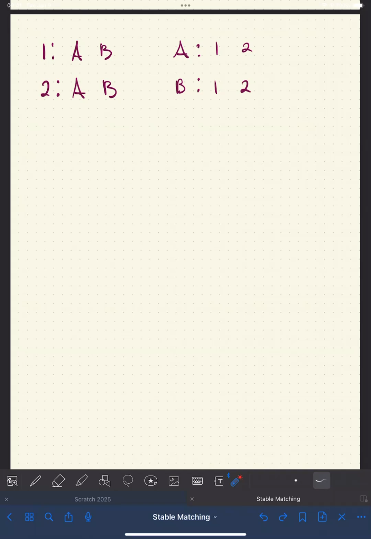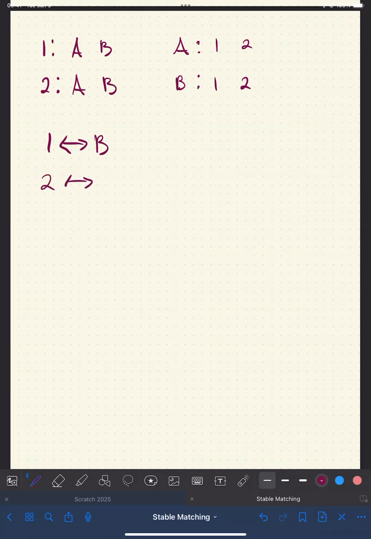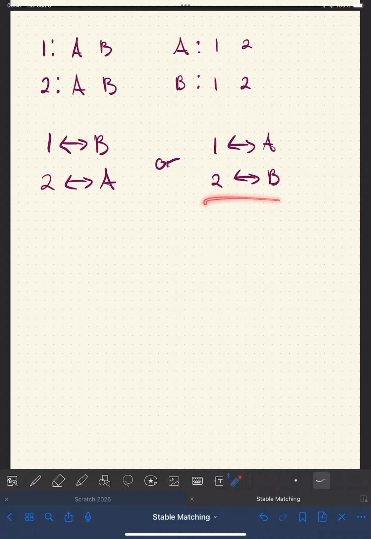But right now, I'm going to give you 2 different possible matchings. One is that 1 is matched with B, and 2 is matched with A. Or 1 is matched with A, and 2 is matched with B. And the question is, which of these is better, right? And there isn't an obvious answer because